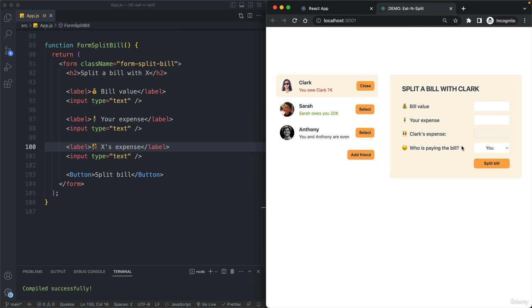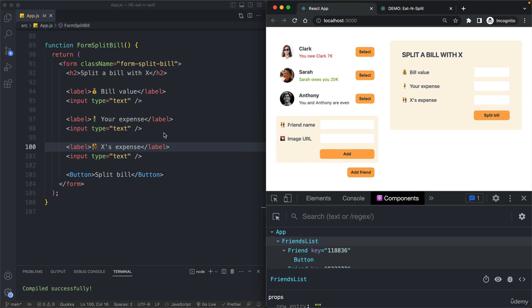In fact, the only thing that we are missing is now this select here. And also this input right here should be disabled. So when we add something here, for example, our expense is 40, then we should not be allowed to change Clark's expense,